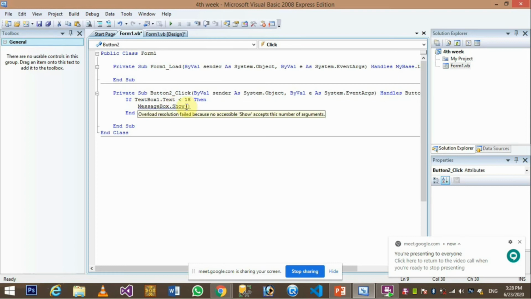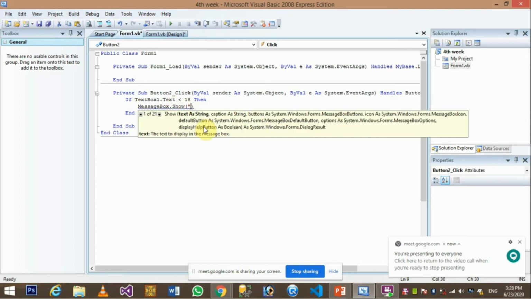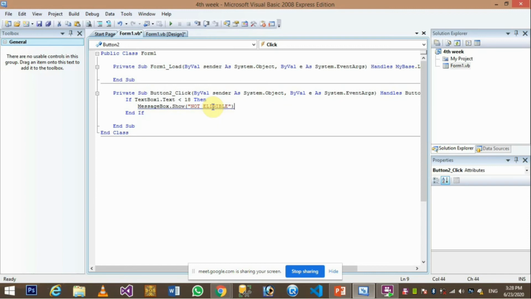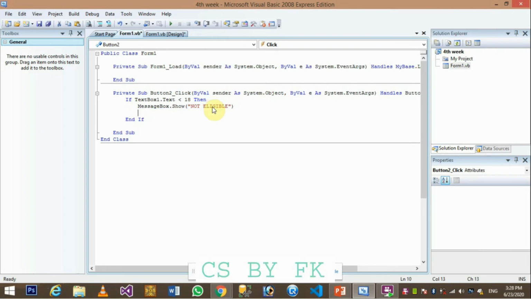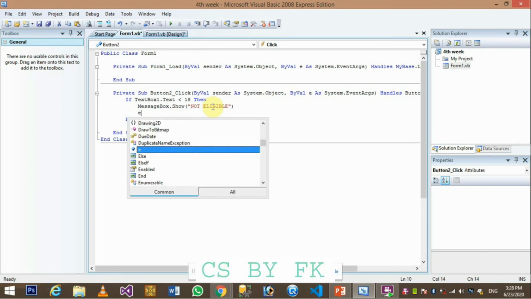So if the condition is true, what it should display in the message box as a string, in the double speech marks, message box dot show, it would display me not eligible. Alright, why? Because maybe the ride is for adults.